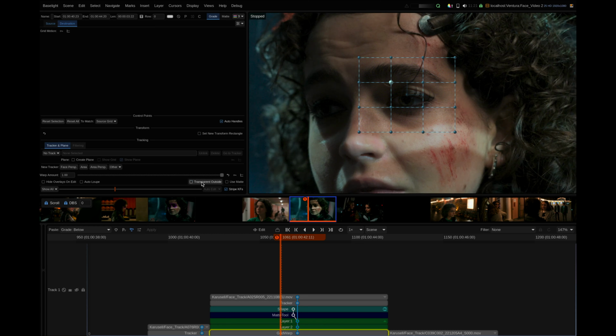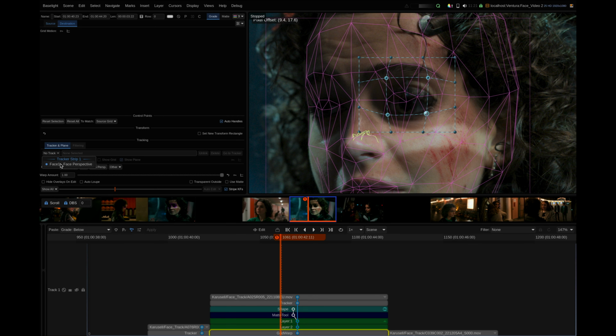I'm going to turn on the outside transparency so that I can see the rest of the image, and make the change that I wish to make here, which is just to enlarge the eye, which is something you would normally do, I guess,